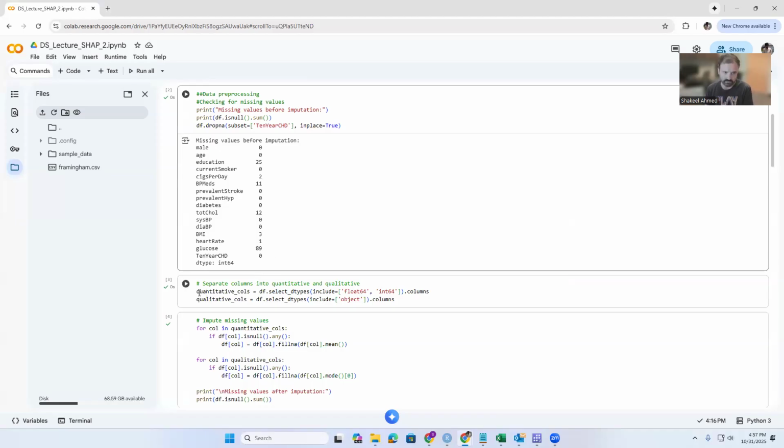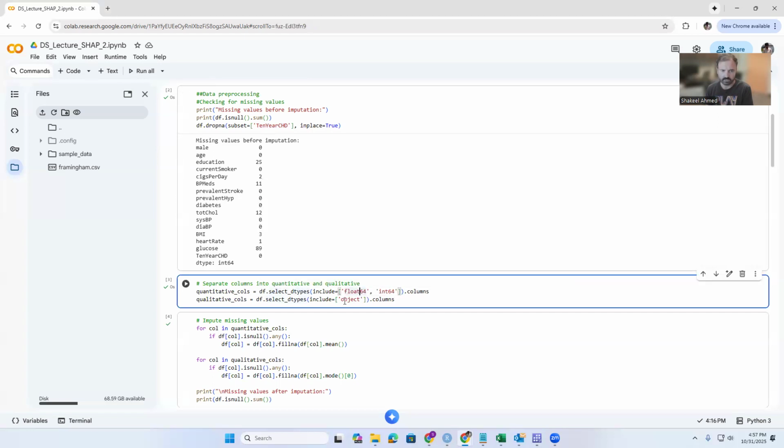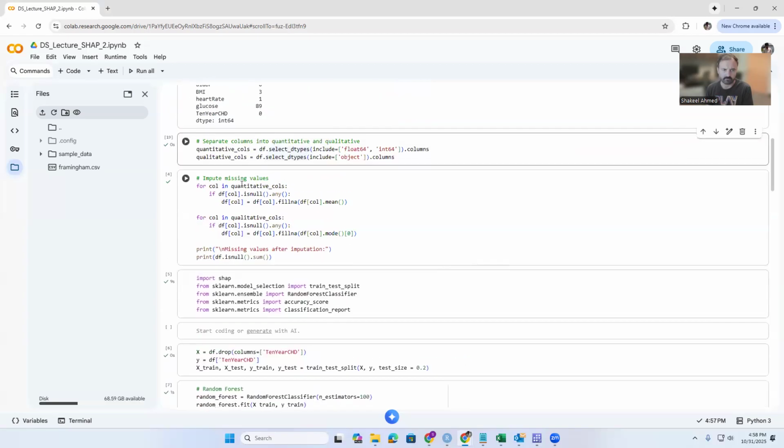You need to first categorize the columns, quantitative columns and qualitative columns, based on the variable types: float and integer are quantitative, and object is discrete qualitative data. So now we use an imputation command for column in this set. If there is any null, we replace that value with the mean of the remaining values. Basically, we are just finding the mean of the remaining values. So you can use this